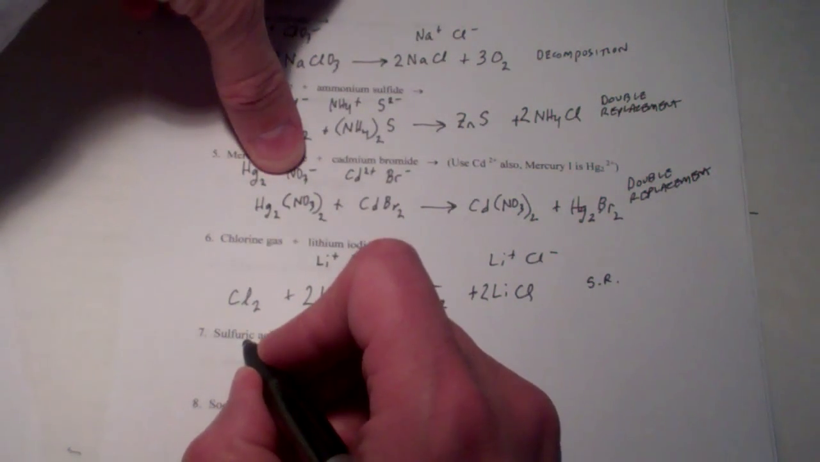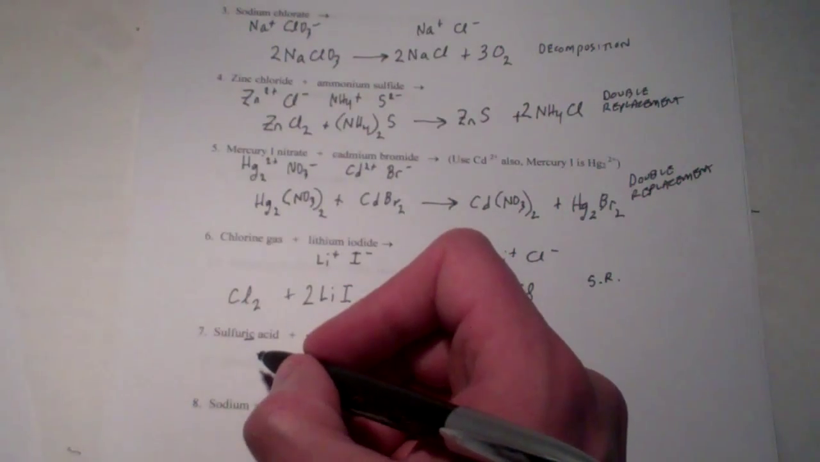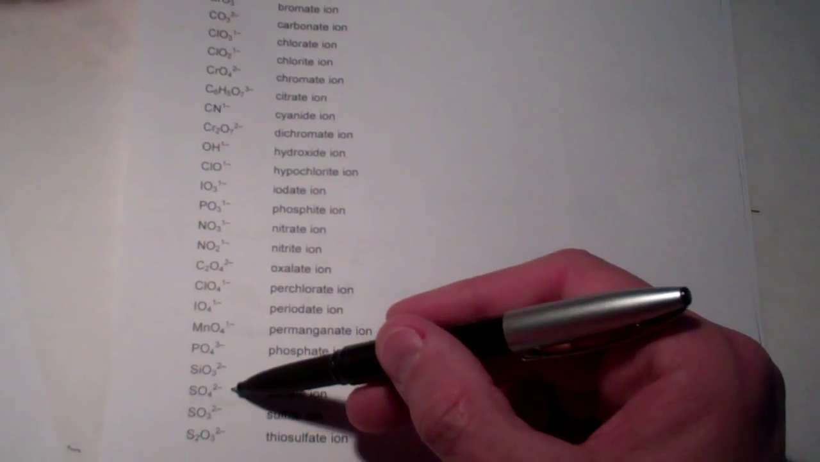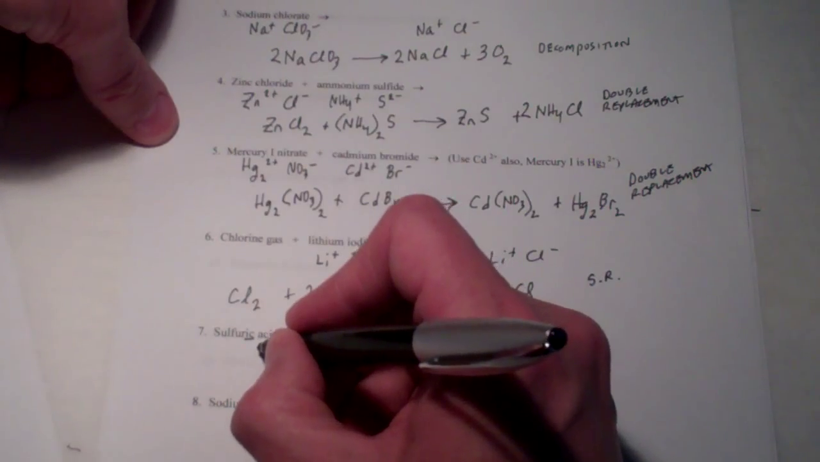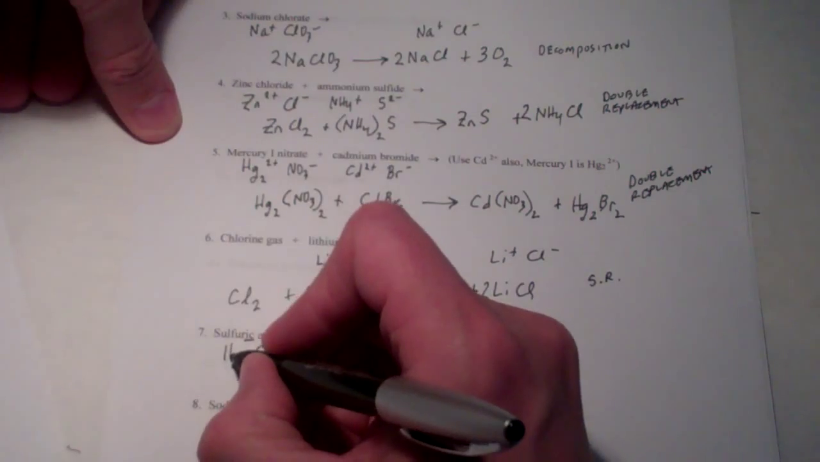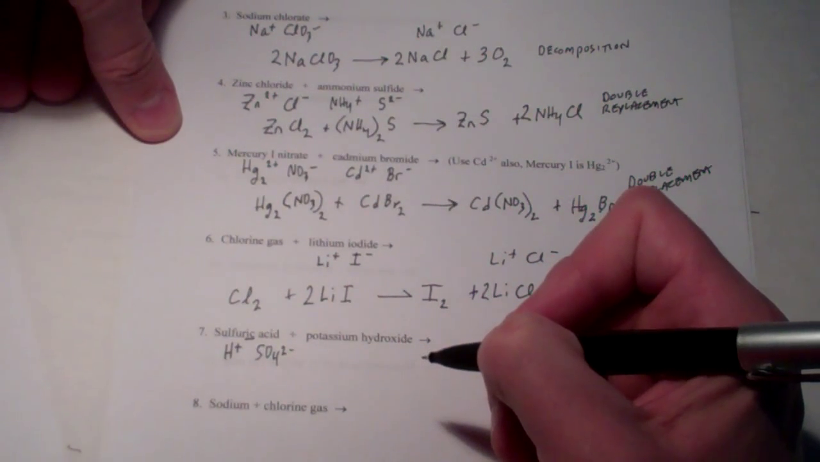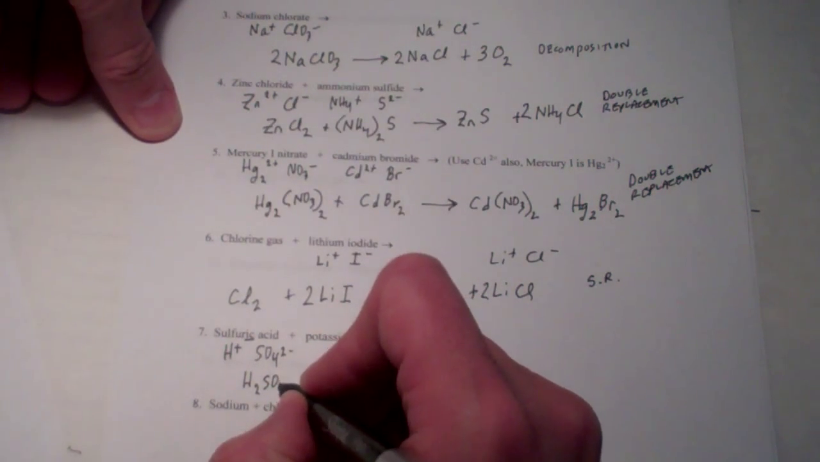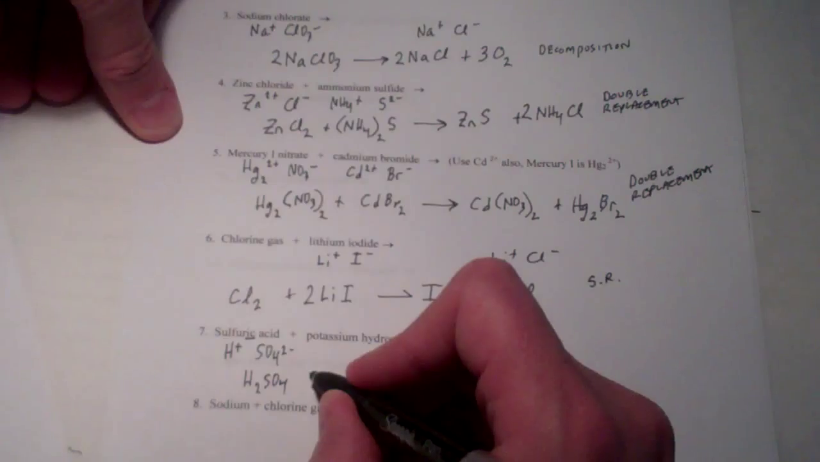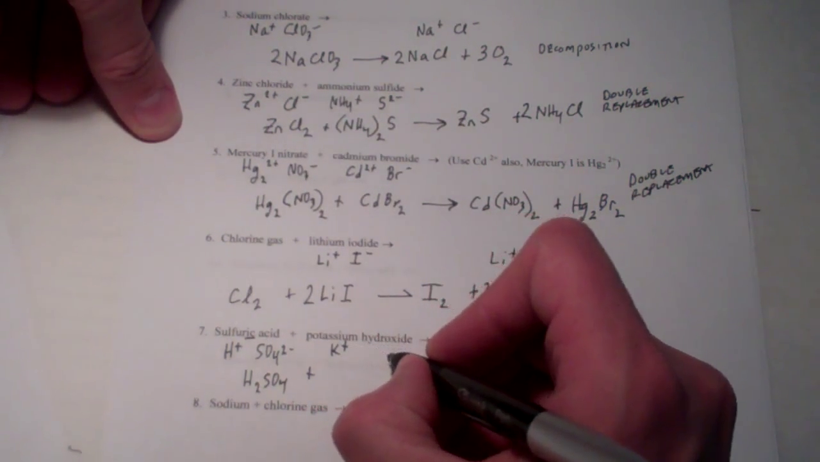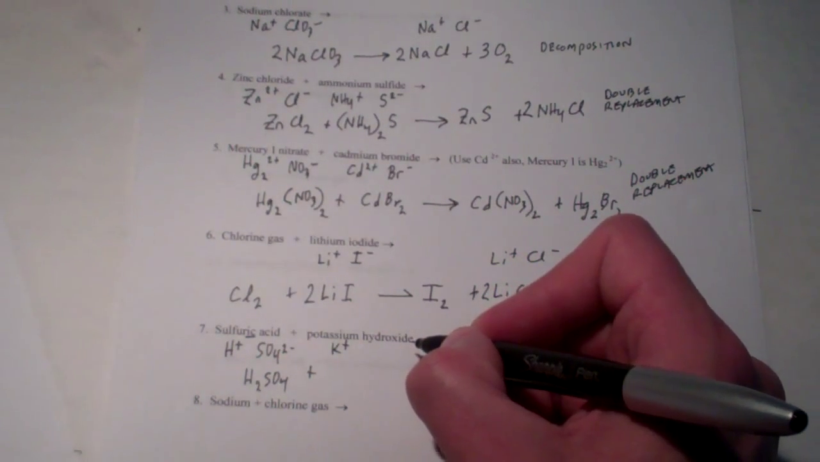Sulfuric acids come from polyatomic ions. So we'll look for sulfate. Sulfate right here. SO4 2 negative. So we have SO4 2 negative. And we will have our hydrogens acting as a metal with a positive 1 charge. So the formula for sulfuric acid is H2SO4 plus potassium hydroxide, potassium positive 1, hydroxide,